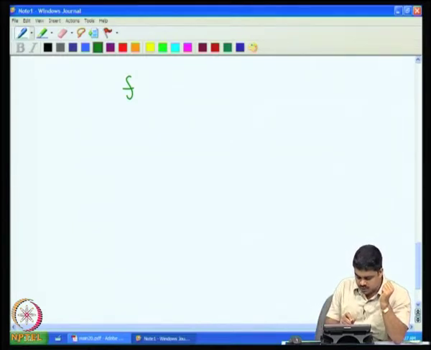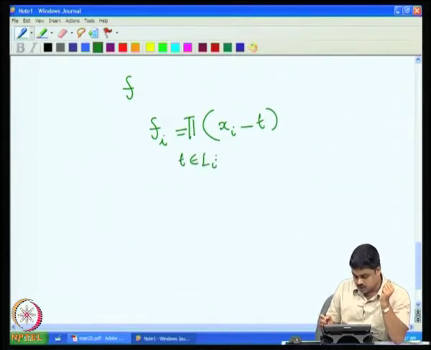So, we first will define some new polynomials called f i. So, what will be f i? From the list L i, we will take all the values. So, we will define f i as the product over t from L i of x i minus t. So, we will create these terms x i minus t. So, there are essentially cardinality